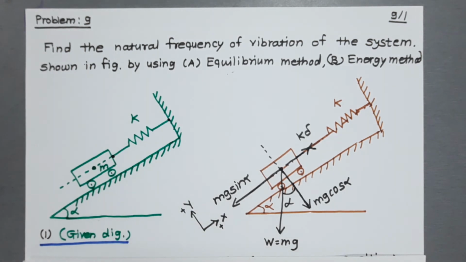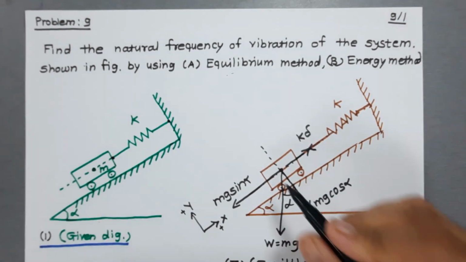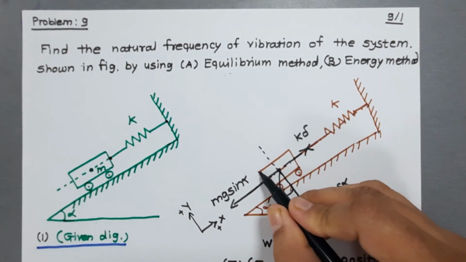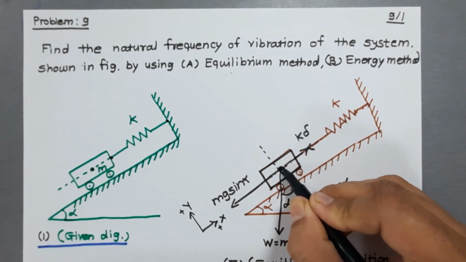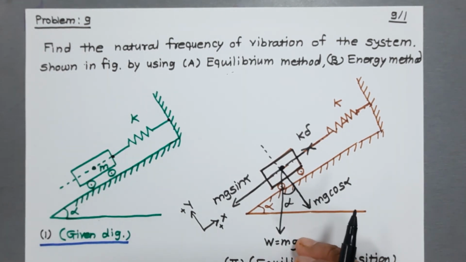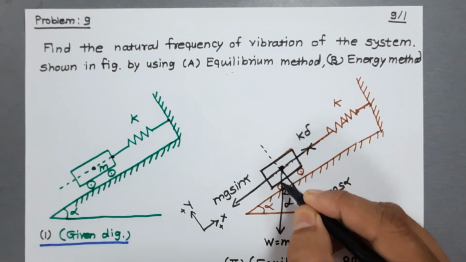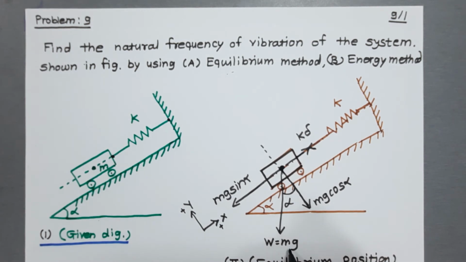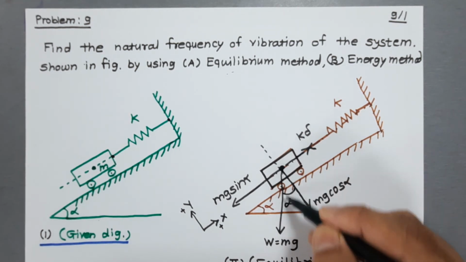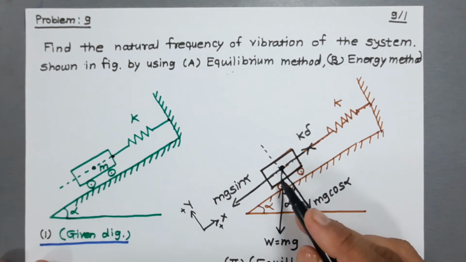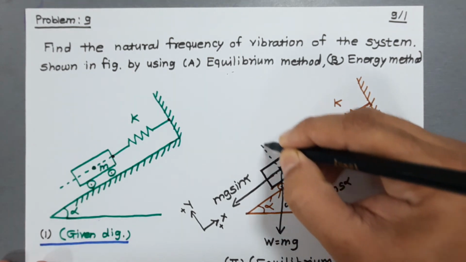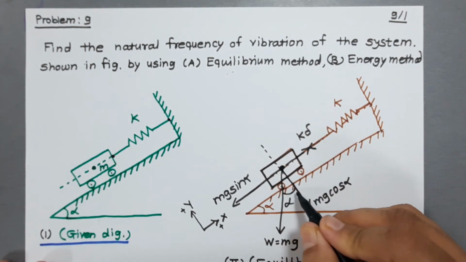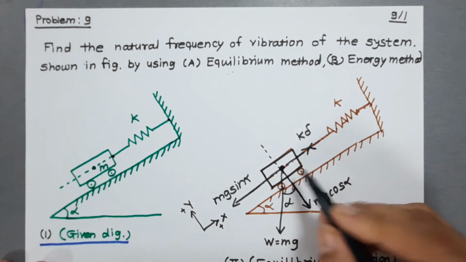Now here, after the given diagram, we will draw the equilibrium diagram. In the equilibrium diagram, we reproduce the same inclined surface. Again, we draw this mass M here. M is the mass. This is the center of gravity of the mass. As it is on an inclined surface, its weight acts in the downward direction as W equal to mg. After taking this weight exactly vertically downward through the center of gravity of this mass, we draw a vector in such a way that it is at angle alpha to the given mass.